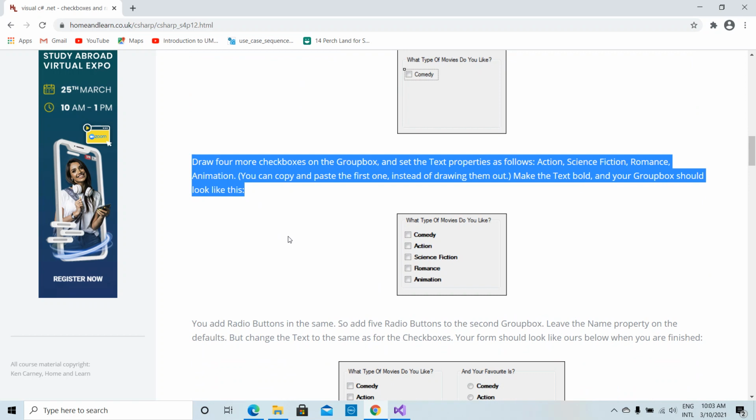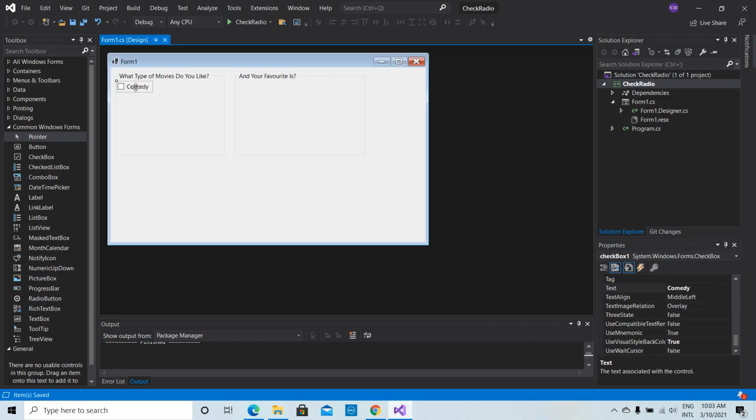Draw 4 more checkboxes on the group box and set the text properties as follows: action, science fiction, romance, animation. You can copy and paste the first one instead of drawing them out. Make the text bold, and your group box should look like this. Then the other thing is, once you select this particular checkbox,